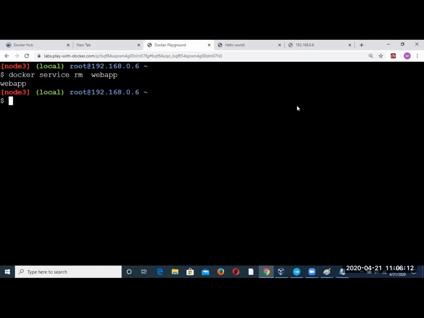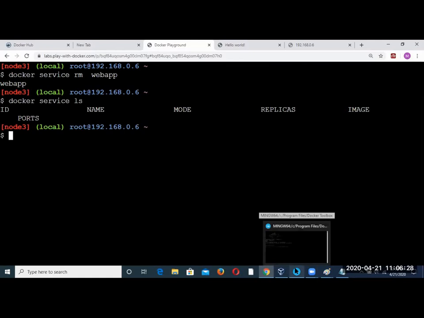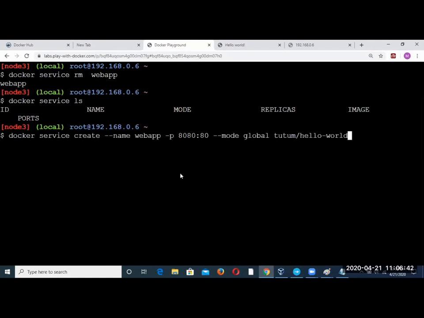If I remove it from here, it is removed from all the nodes. If you go to the nodes and check now, there would not be any web app. So that service is deleted. Now I would create replicas of 3 containers on each worker. 3, 5, 10, any number you can do. So I'll go for 2 or 3 or 5, something like that.